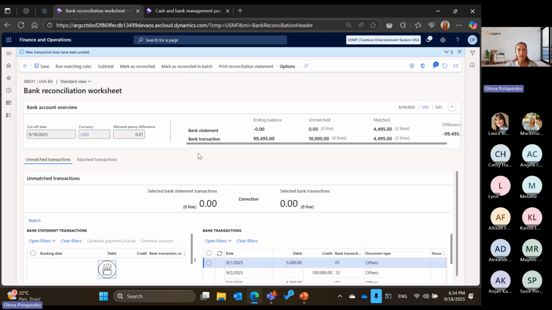And now all transactions from the bank statement were reconciled. So I can click mark as reconciled, but also